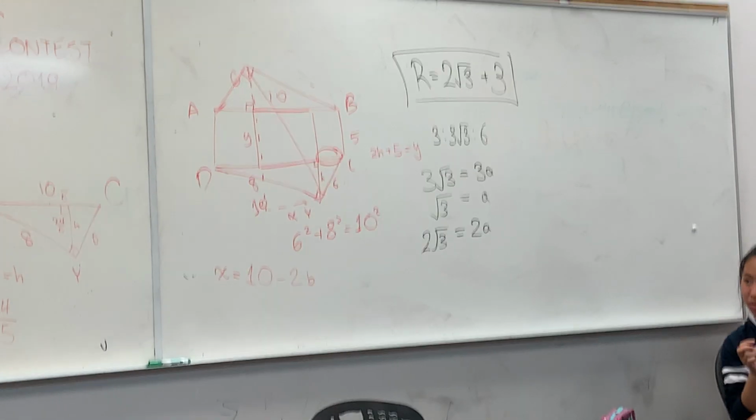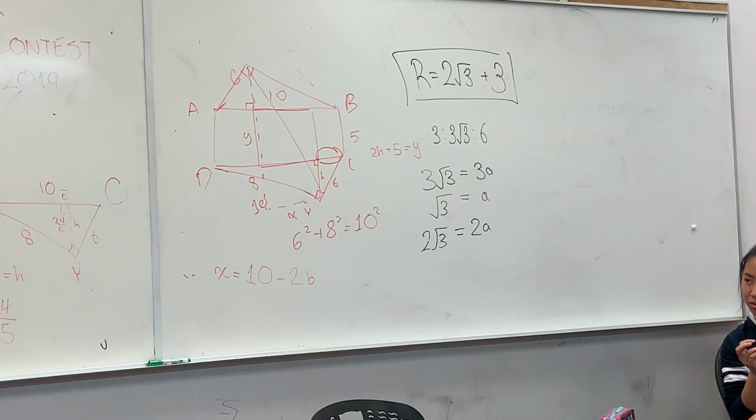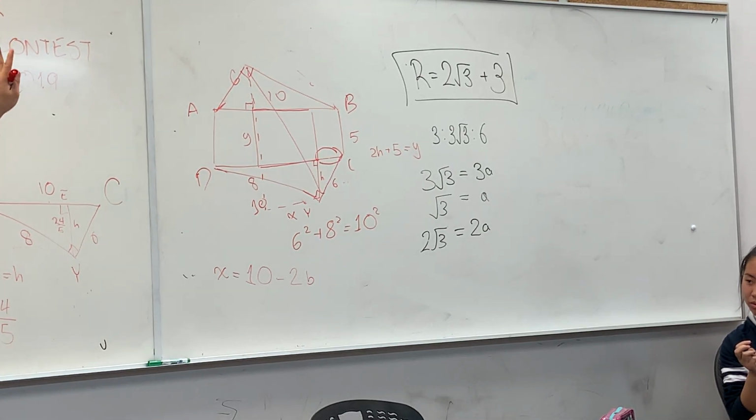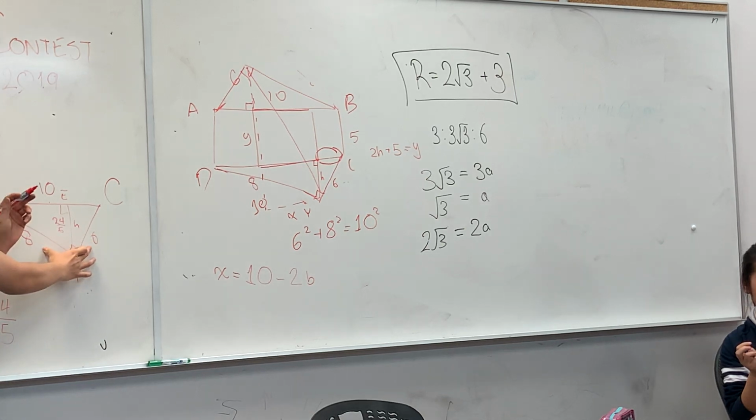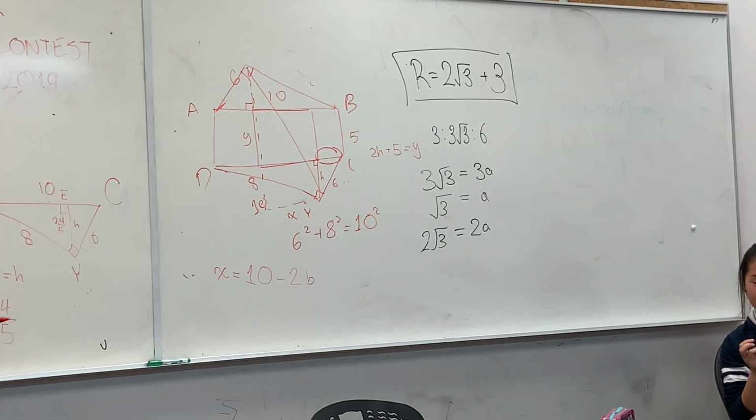So you have a ratio, you have h over EC is equal to 6 over 10. This is how you relate similar triangles. The way that similar triangles work is essentially one is a scaled up version of the other. So the ratio of the side lengths of two similar triangles are always going to be the same. So the ratio of these two and these two are going to be the same because they're similar triangles. So if I were to solve for EC in this case, because we know h is 24 over 5,